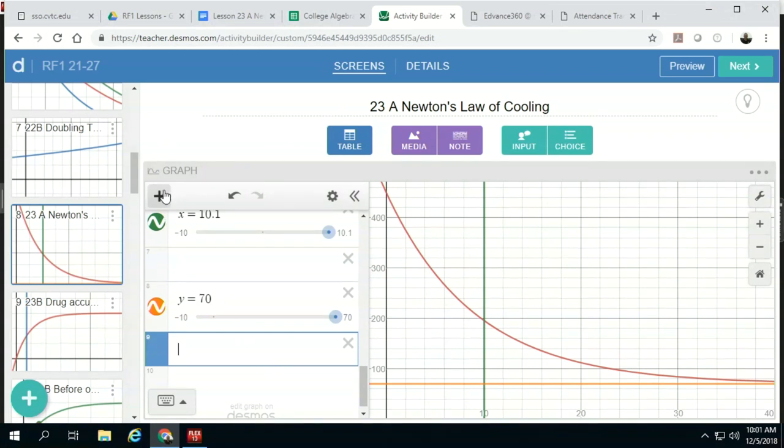So add table. In this spot here where it says Y, now mine says Y3, yours will probably say Y1. We're going to put in the formula. What's our formula? Look at the bottom of page 309. 70 plus 380 times e to the negative